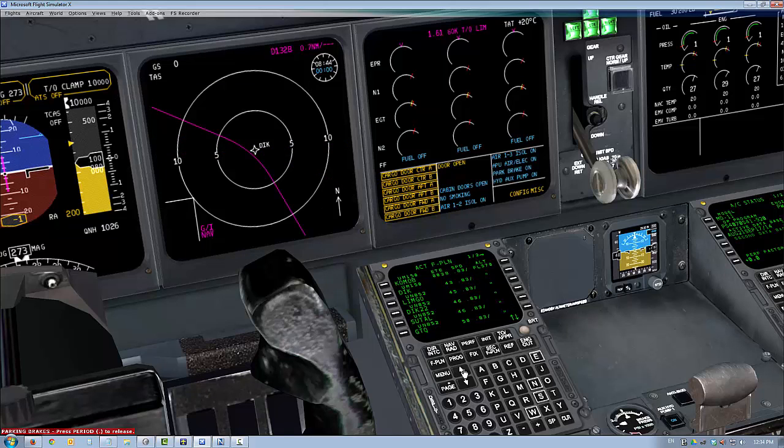Takes us over Belgium, goes over France, and then Lengi, TRA. We can even go straight in from Lengi to